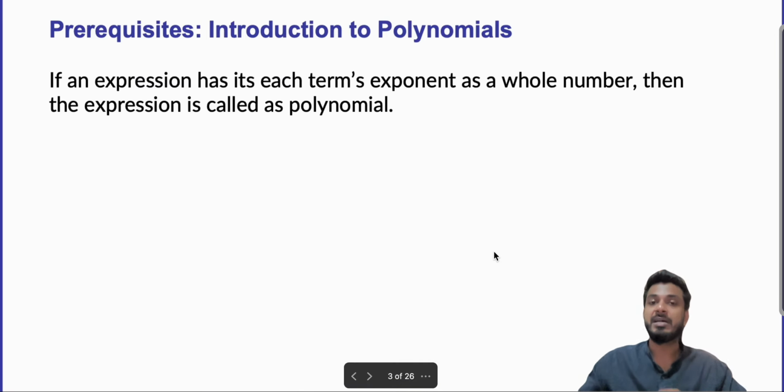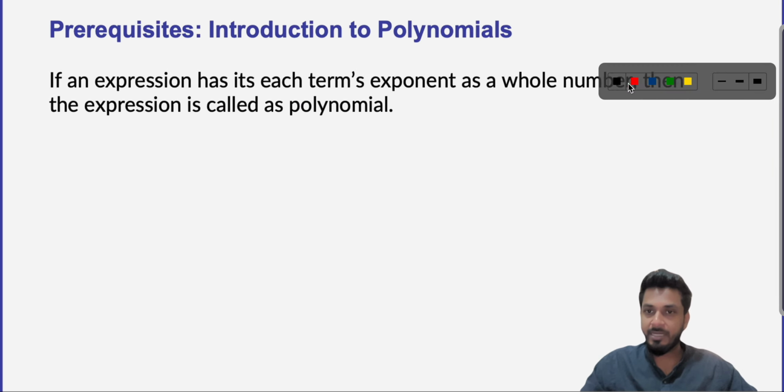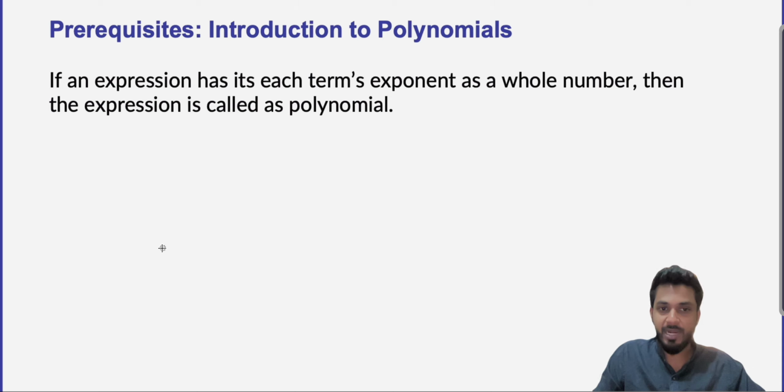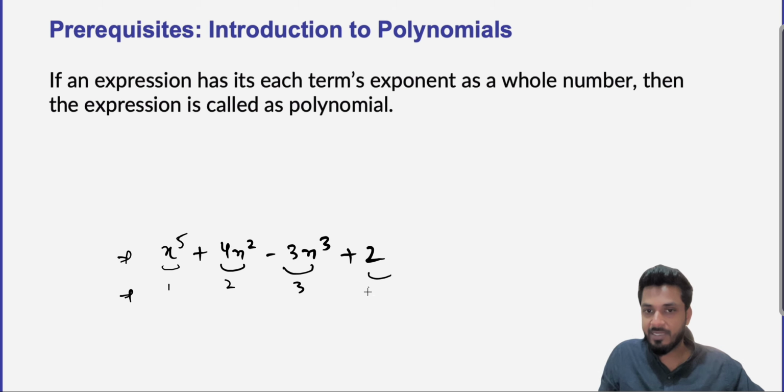So, we have studied the definition of a polynomial. What are polynomials? Let's say I'm writing an expression: x to the exponent 5 plus 4x square minus 3x cube plus 2. Now, this is an expression, of course. How many terms are there? This has 4 terms. This is the first, this is the second term, this is the third term, and this is the fourth term,